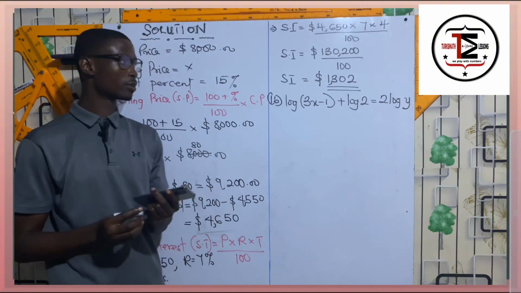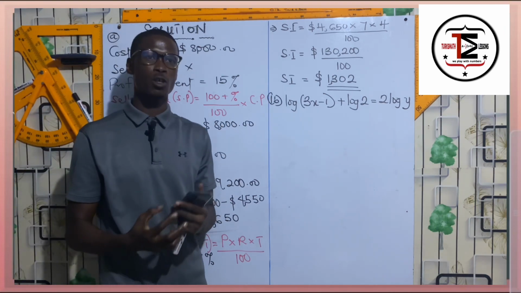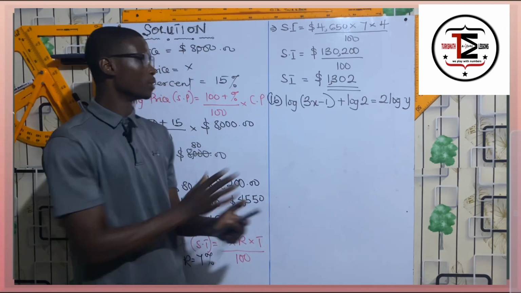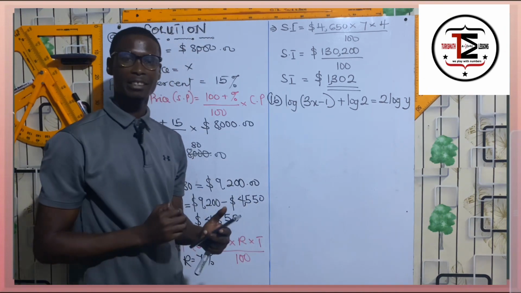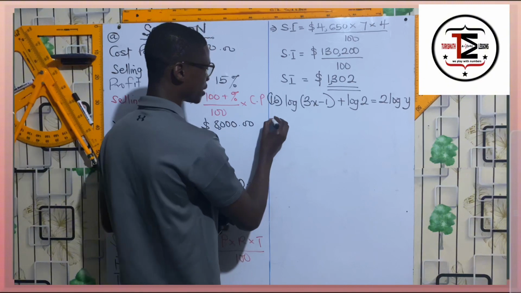So we have this. As we have this, we need to know the laws of logarithm. So if here is addition, then we should multiply, right? So we are going to have this to be